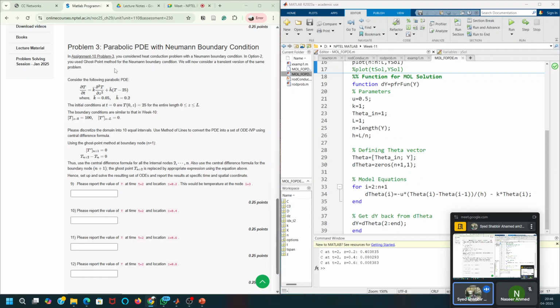which has heat conduction with a Neumann boundary condition. In the tenth assignment, we used the ghost point method. We will now consider a transient version of the same problem. So this is my parabolic PDE, and here